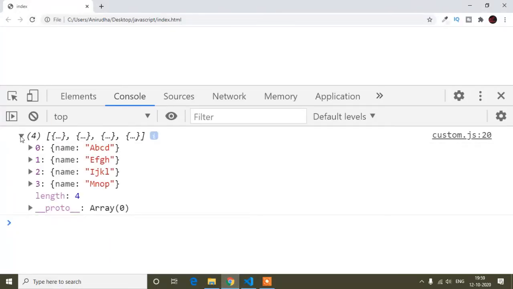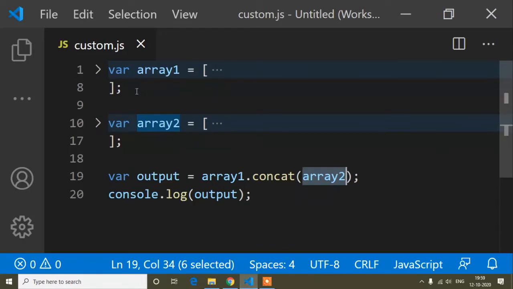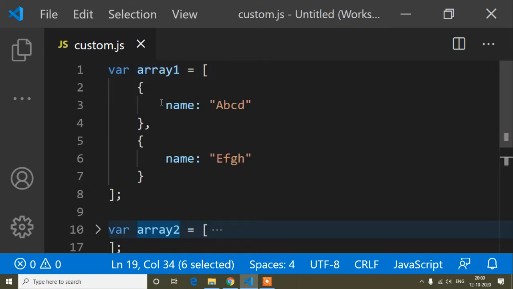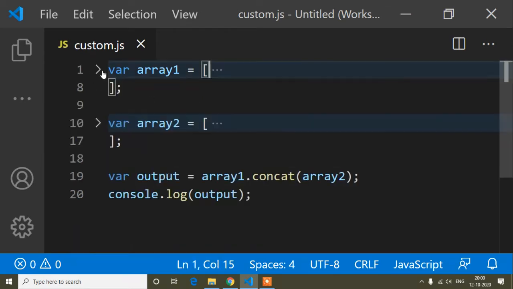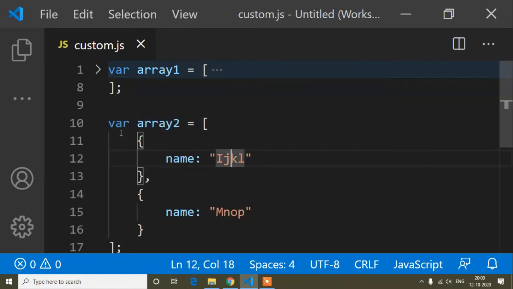So here you can see now the first array's values, and after that the second array's values. So now you can see here the concat of two arrays. The first array abcd, and this is the name, and after that it is concatenating array2.